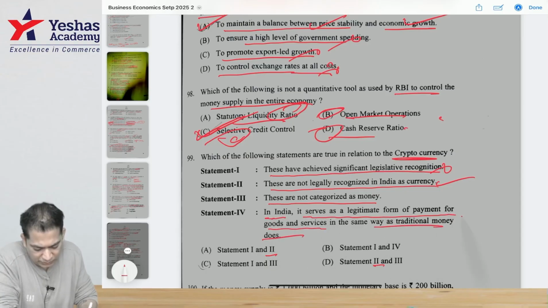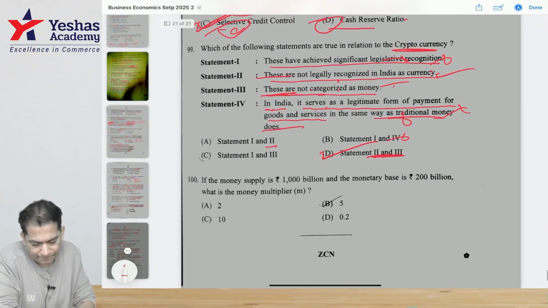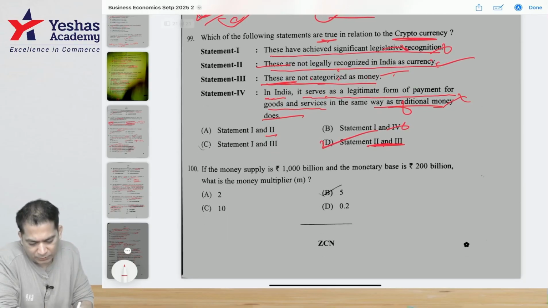No, this is wrong. So wherever 4 is there, that will go out. So 2 and 3 would be the answer here. These are not legally recognized in India. They are not recognized as money. This is also correct, but in India it serves as a legitimate payment for goods and services, no. They have recognized significant, no. They've asked you true. True is only option